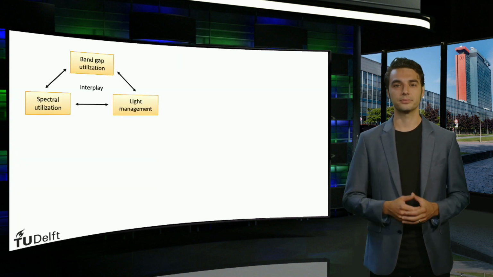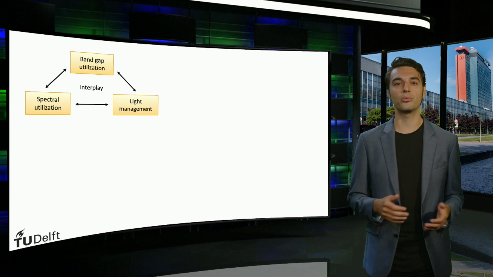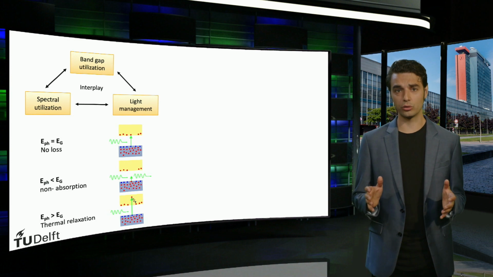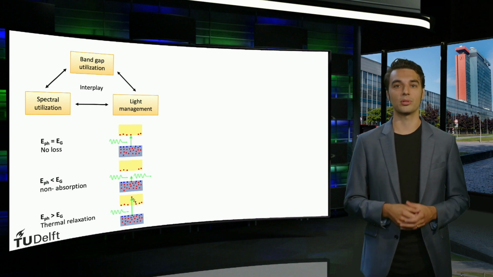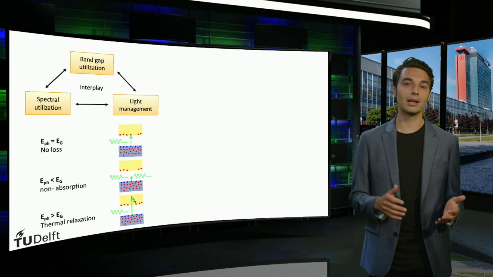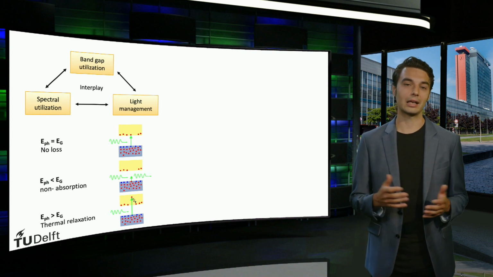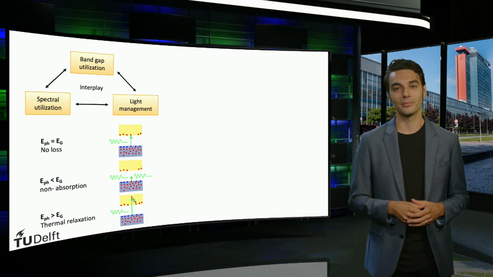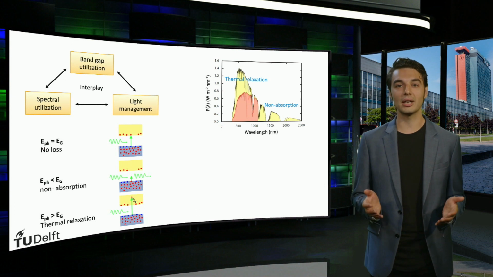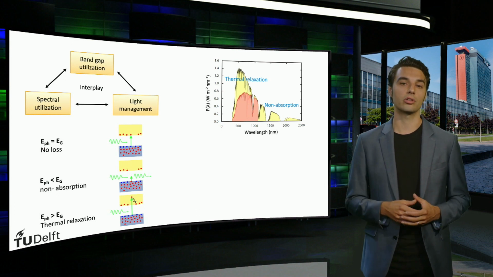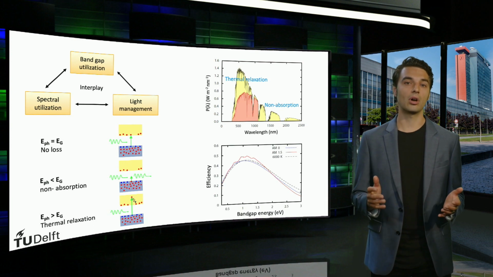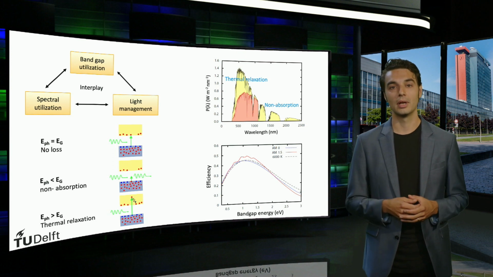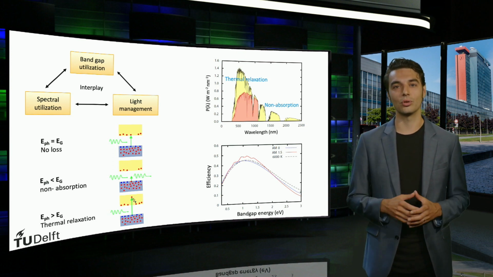So, in summary, we saw that all solar cells are subject to the same set of design rules, of which spectral utilization is one. We learned about the two main ways that losses can occur due to the spectral mismatch. These are that photons with a lower energy than the bandgap will not be absorbed at all. Secondly, solar cells will lose some of the energy of photons higher than the bandgap due to thermalization. These two processes put an upper limit on the spectral utilization of any single junction solar cell. Finally, we saw how thermalization and non-absorption define an optimal bandgap energy of about 1.1 eV. In the next video we will discuss the last design rule, light management.